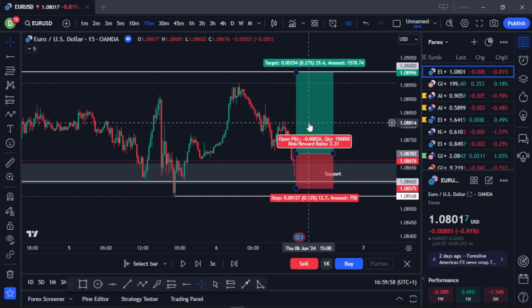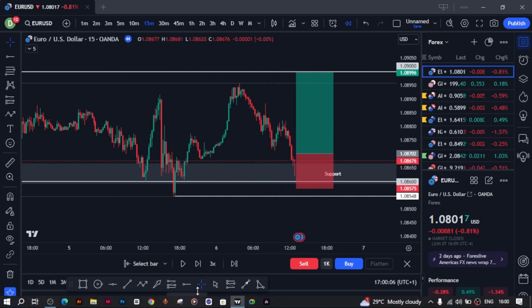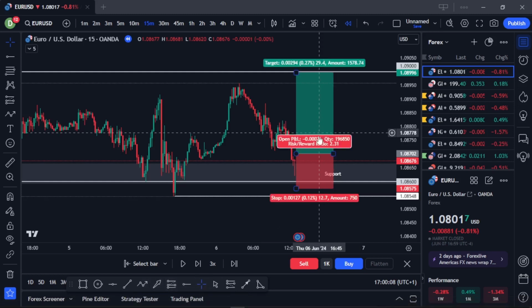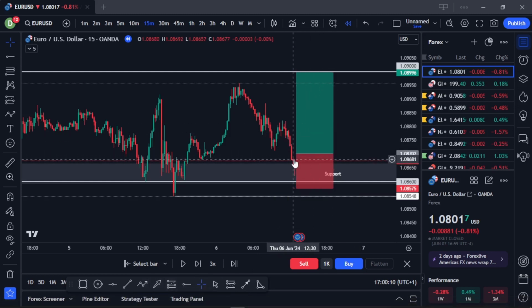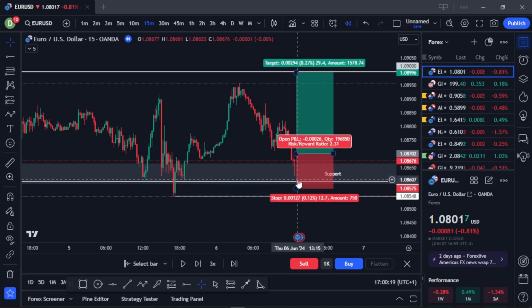The reason why this is very important is that if you don't do this, you are likely to put yourself in trouble, because maybe if you set a limit order at this point here, this market can decide to fall way below here and then probably tap into your limit order when it falls in here and then hit your stop loss. That's why once the market trades into a psychological level that you've identified, patiently wait for it to give you